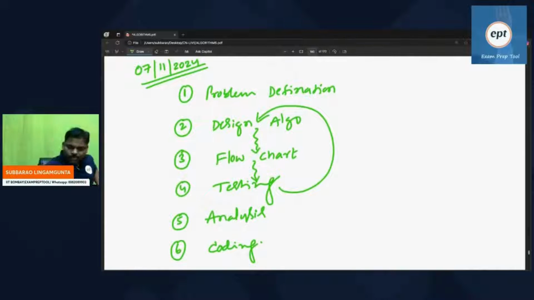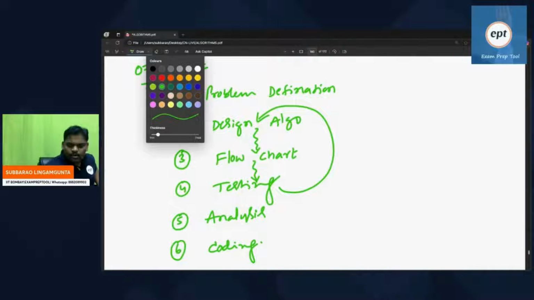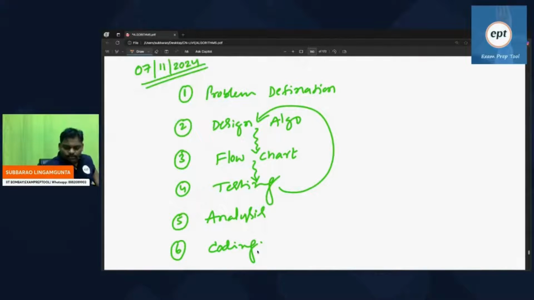Now some people are asking, okay, fine, sir, this is what we discussed in the last class, then why have you written it once again? Remember everyone, as a computer science student,